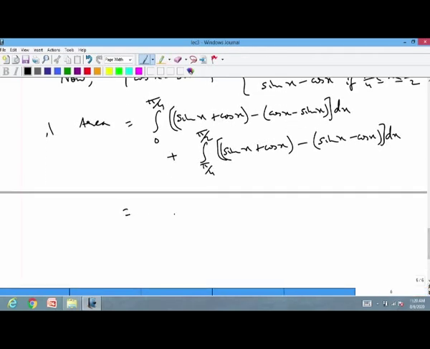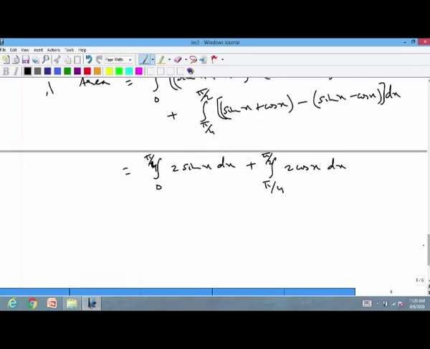So, this is equal to the first one, cos x cancels and we have integral 0 to pi by 4 of 2 times sin x dx plus integral pi by 4 to pi by 2 of 2 cos x dx, and then this is simply minus 2 cos x from 0 to pi by 4 plus 2 sin x from pi by 4 to pi by 2,